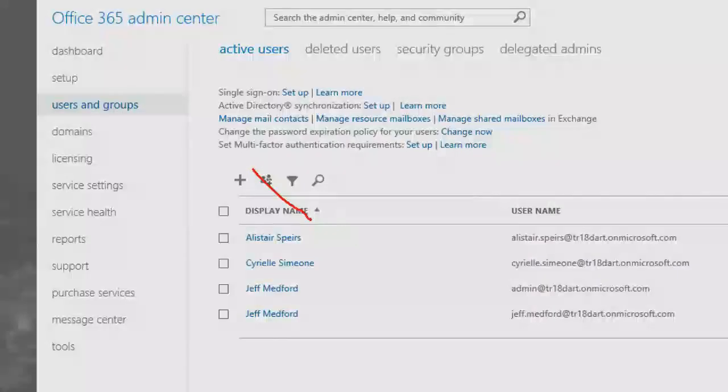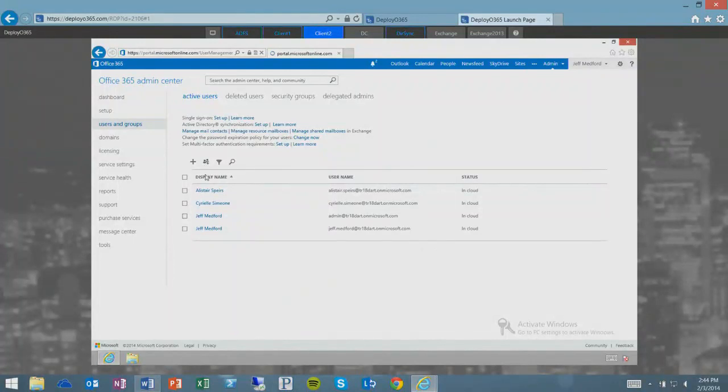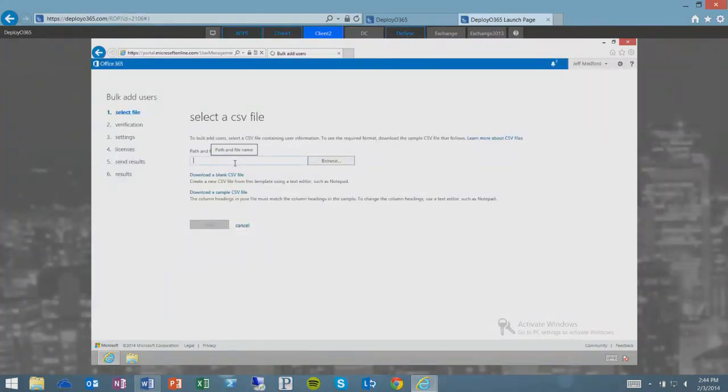If I wanted to actually add in more users, I can do that. Just like I talked about, I have the opportunity to add users, whether in bulk or by walking through the steps, and I can do that from a CSV file right here. It literally consumes them and tells me if there are any errors. I can take it from any kind of import or export from what I'm doing now. Very easy to do. So from a user's perspective, when you think of deploying, you just build them out in the cloud. Obviously, as you move to more production, you'll have to start thinking about how you would do that with your Active Directory. But a pilot's really easy to set up with a bunch of users.